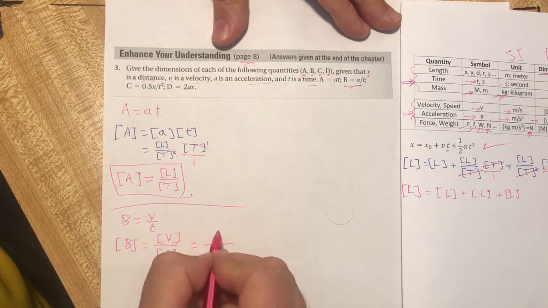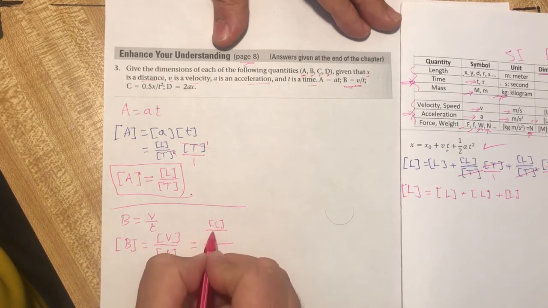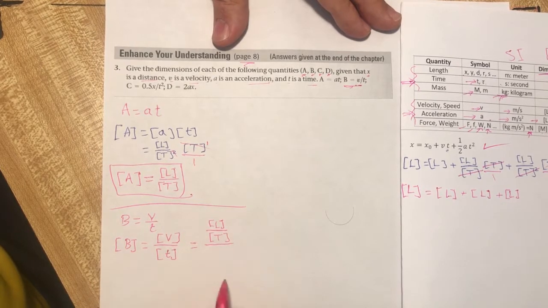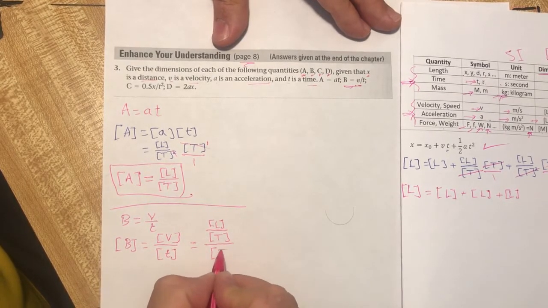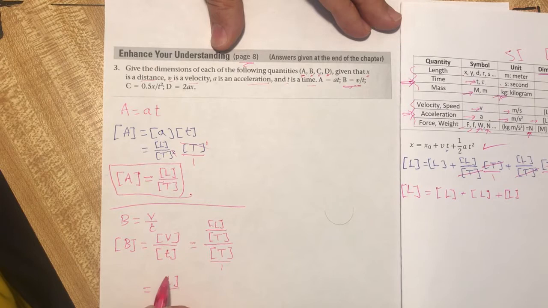The dimension of v is length over time, divided by the dimension of t. I can use this over 1, which is equal to length over time multiplied by 1 over time, which is equal to length